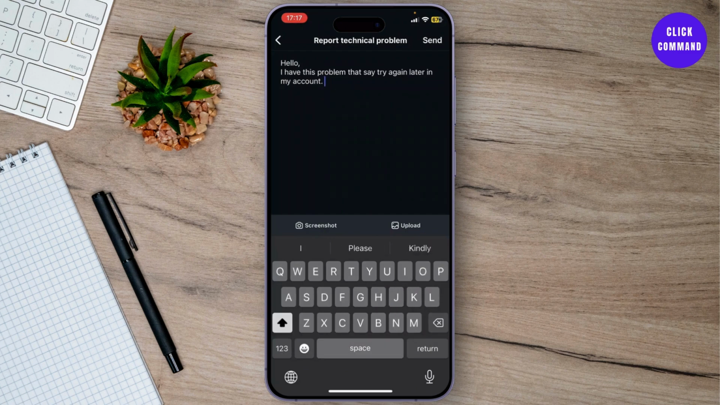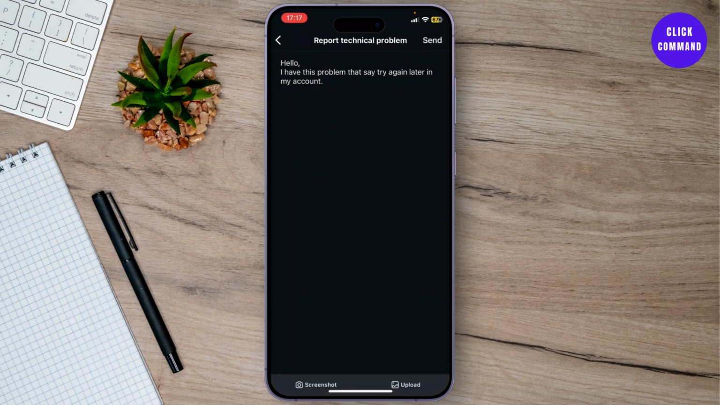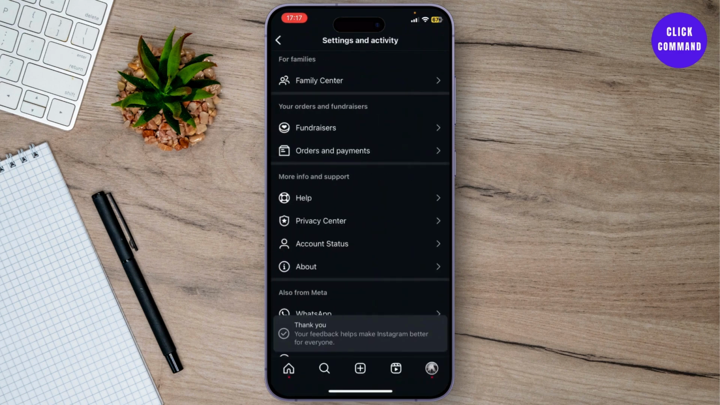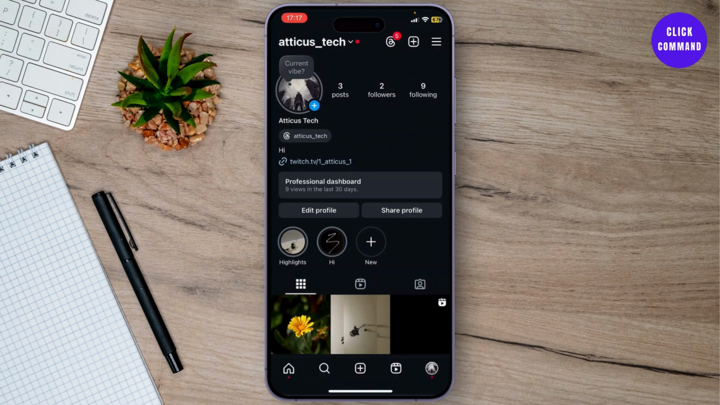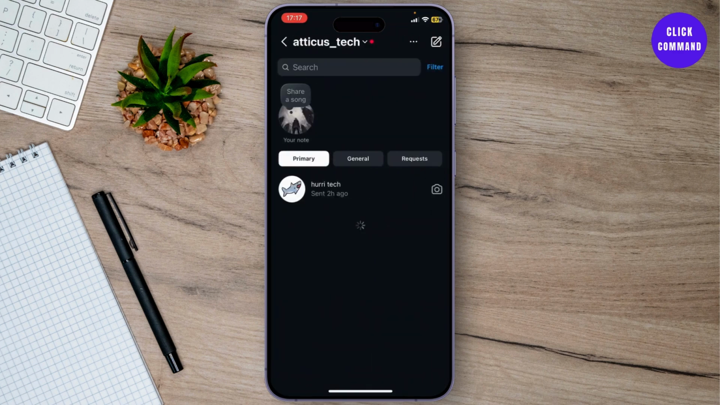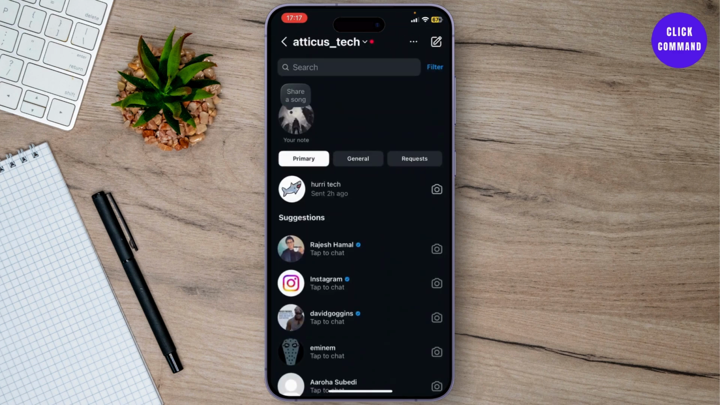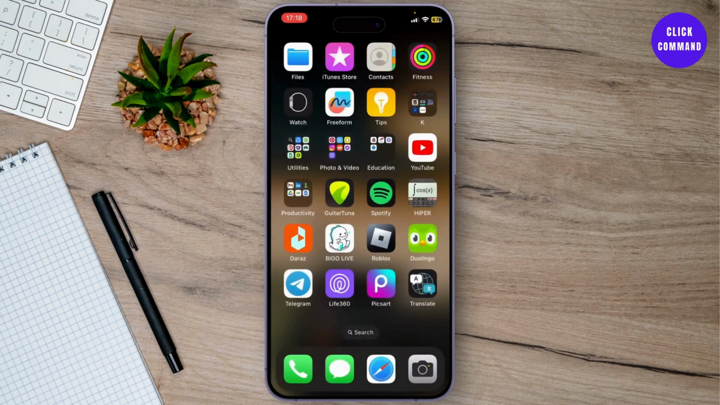Now this might be due to when you try to comment or when you try to like or even when you try to follow someone. So specify your problem and you might even add a screenshot to this technical report, and after you do that you can just tap on send, and after you tap on send your feedback will be sent to Instagram support team. Now what happens is after you do that, Instagram will see your problem, they will try to fix your problem, and they will get back to you. So doing this will help you fix your problem,